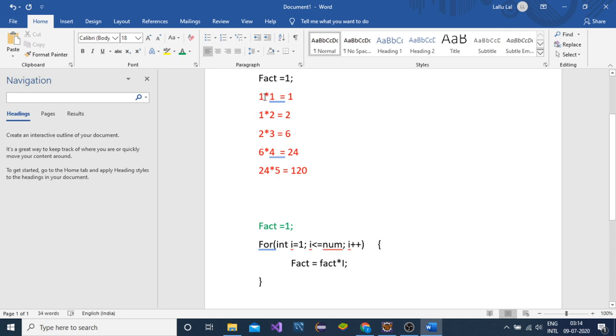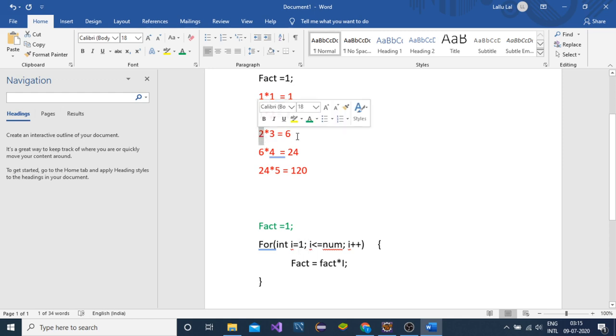So this is the value of factorial, first one, and this is the value of I. Initially the value of factorial is 1, and the value of I is also 1, so 1 into 1. The second time the value of I equals 2 and the value of factorial is 1 into 2, that is 2. The third time the value of I will be 3 and the value of factorial will be 2 into 3.